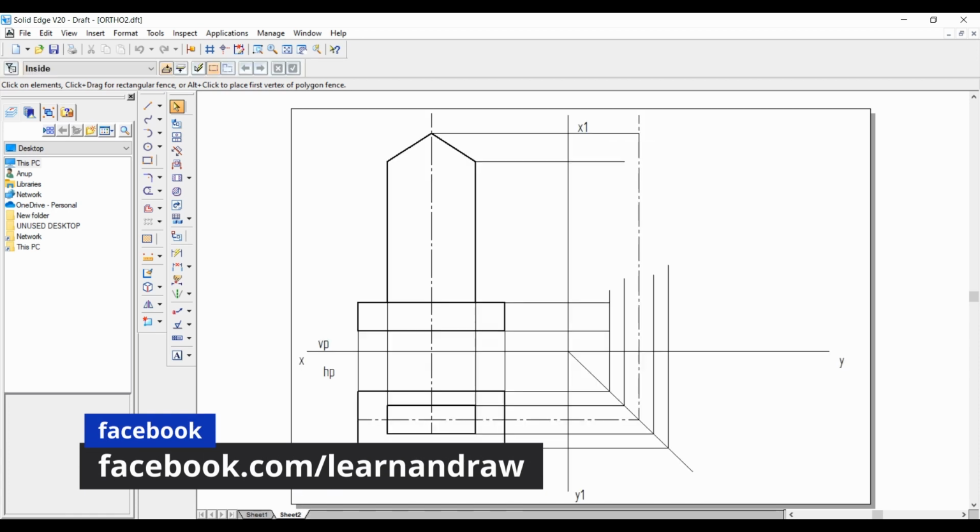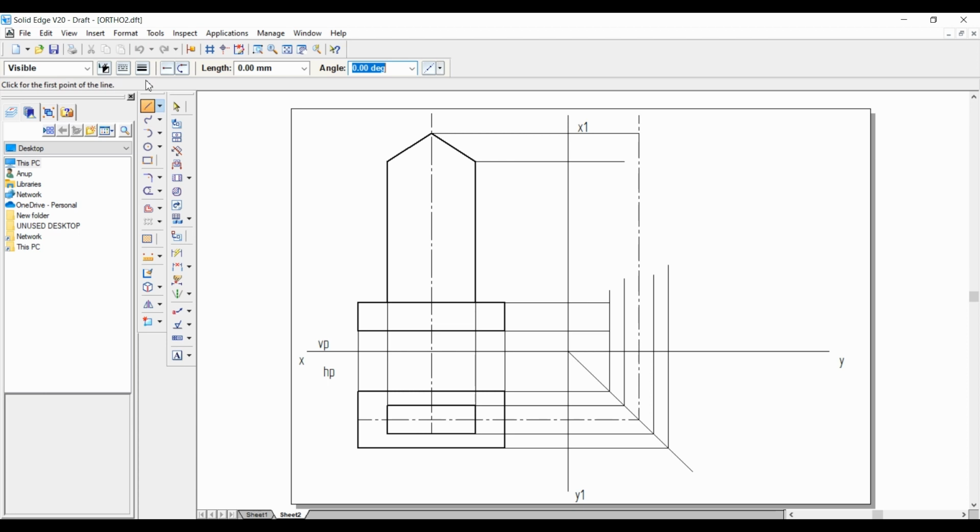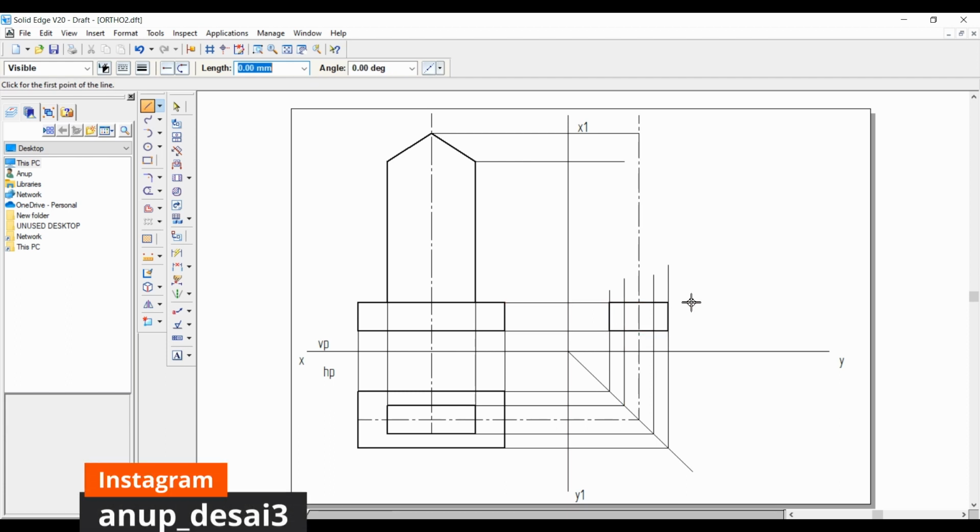As we have drawn the projection lines, it is very easy for us to do the left view. Select the line option here, change the thickness to 0.5 mm, select the bottom edge, extend this up to the end, then join this line up to this point. So now the bottom part is ready.